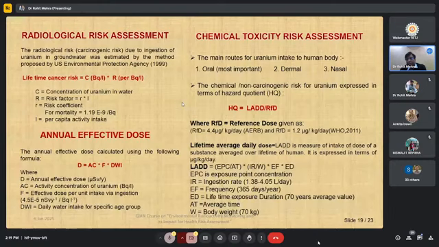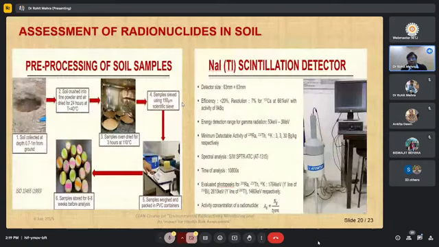Similarly, after measurement of radon concentration, uranium concentration, and heavy metal concentration, we could measure the radium, thorium, and potassium in soil samples. This is how we generally collect the soil, filter it, crush it into a fine powder, and dry it. To remove the water, we dry those soil samples for 3 hours at around 100 degrees Celsius. Then the samples are sieved, measured, and finally packed for at